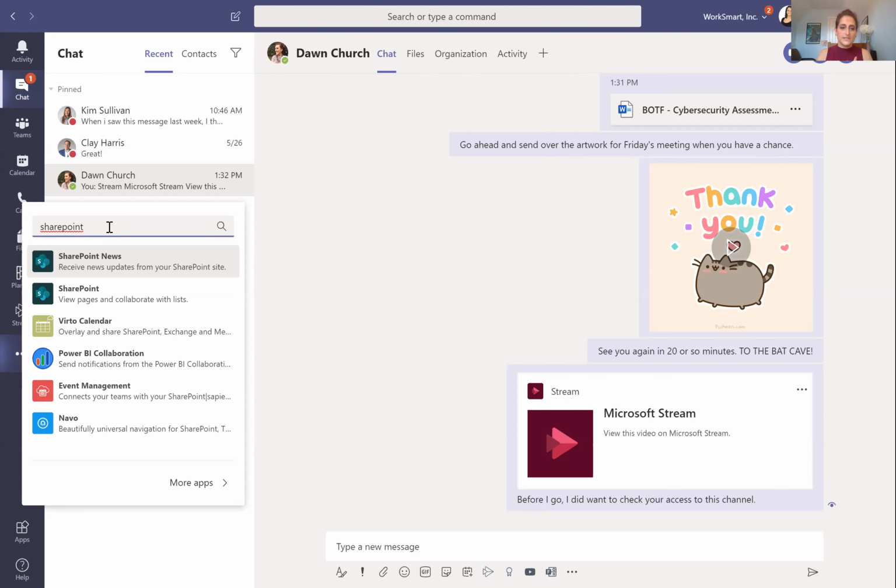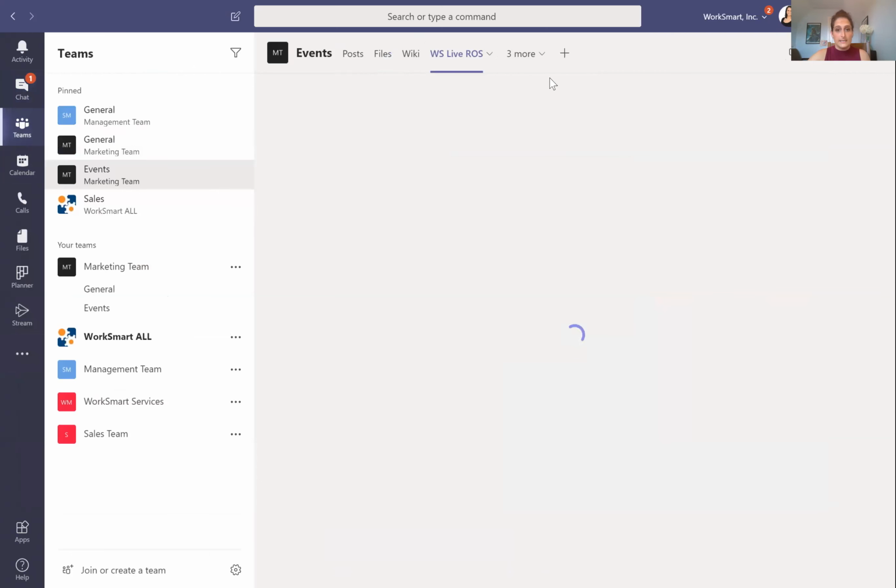But some of the really basic things in SharePoint that I think are extremely helpful, SharePoint News, SharePoint Calendars, these are really easy things that you can set up. So if you have the need for creating an internal blog, you can do that by just going into creating a new SharePoint file. So if I were to go into, for example, my marketing team and I wanted to create a new file,